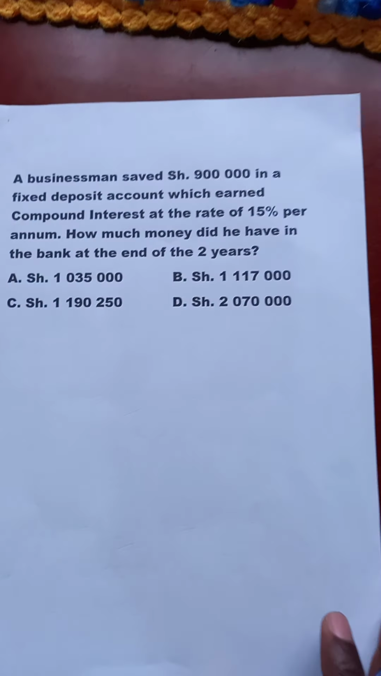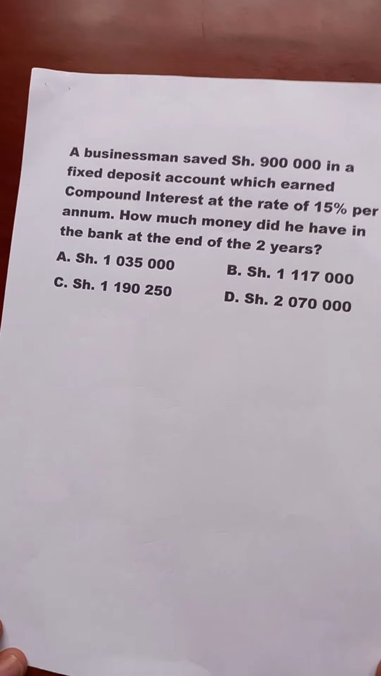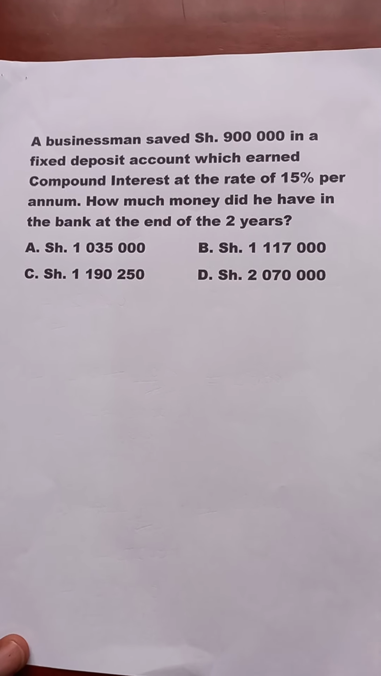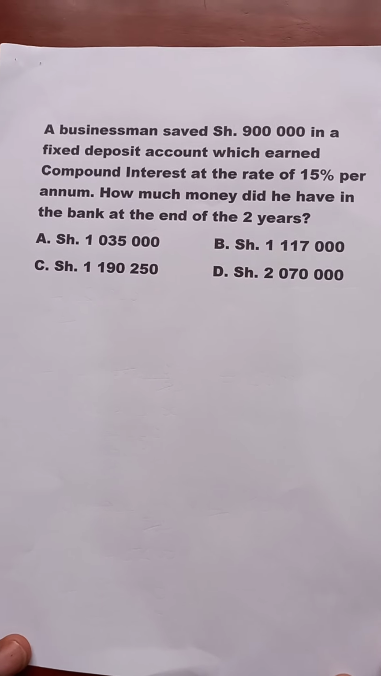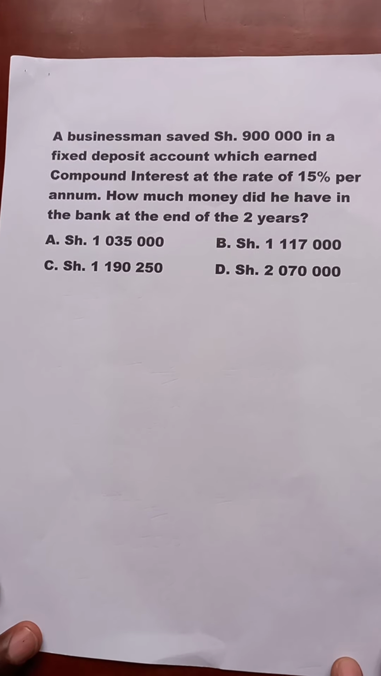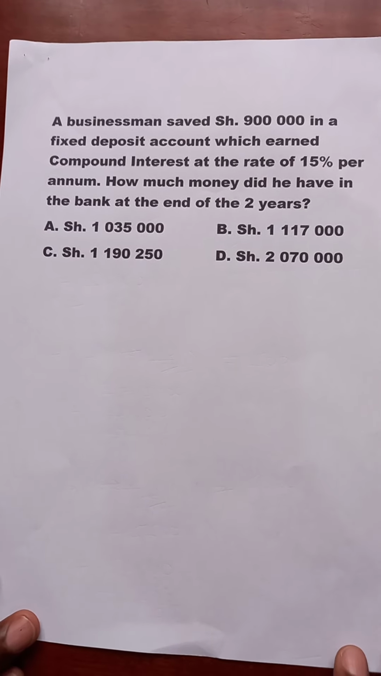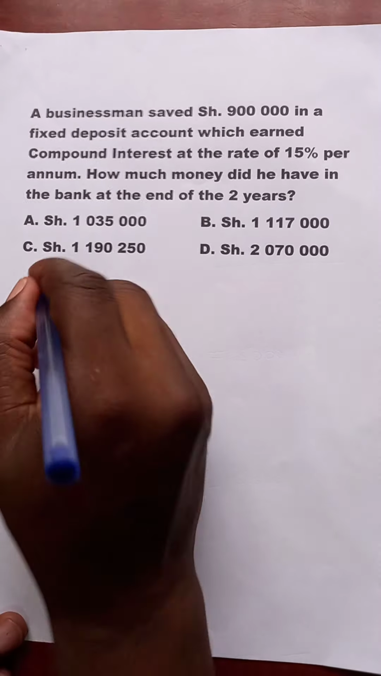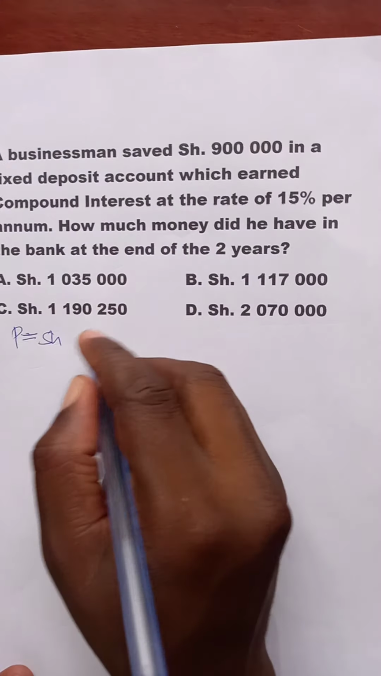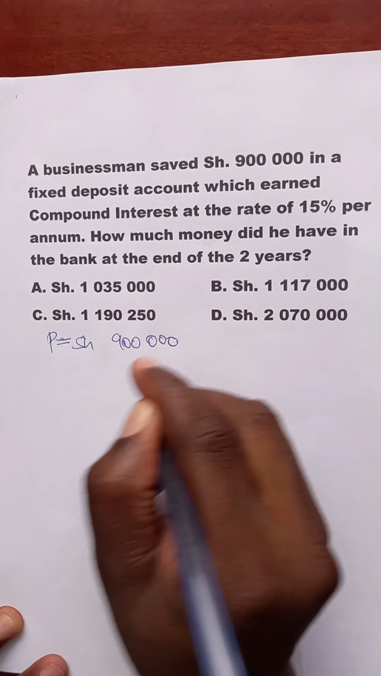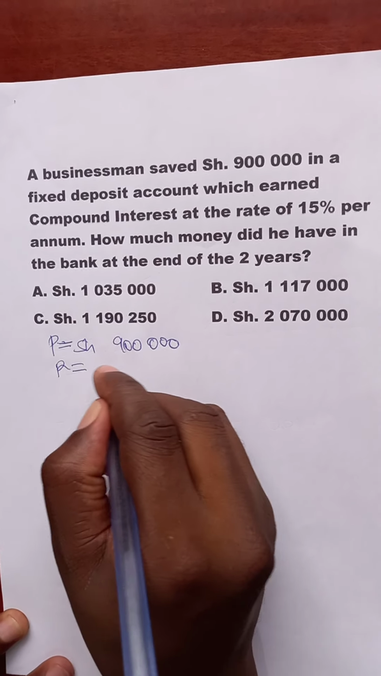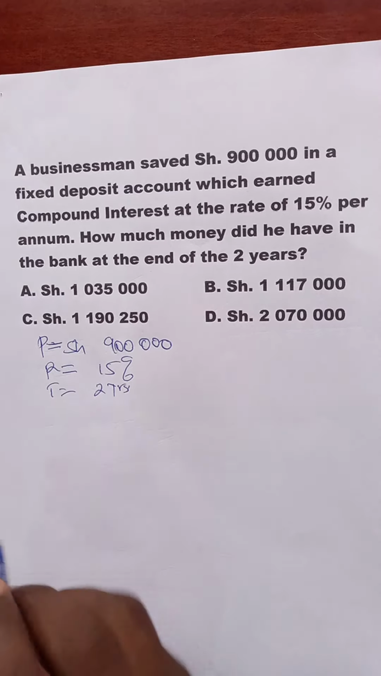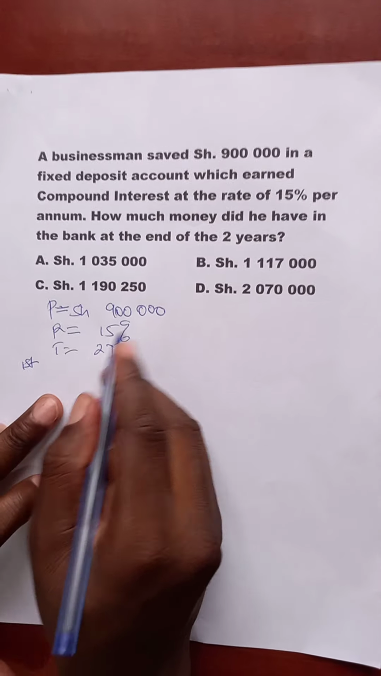Learners, our last question of the day of our lesson reads, a businessman saved shillings 900,000 in a fixed deposit account which earned compound interest at the rate of 15% per annum. How much money did he have in the bank at the end of the 2 years? Again, we have been asked amount. Our principal is shillings 900,000. Rate, we are told is 15% per annum. Time, 2 years. We get the first year, which will be principal